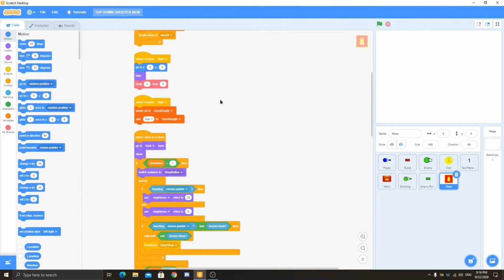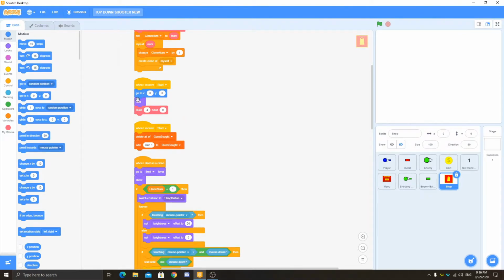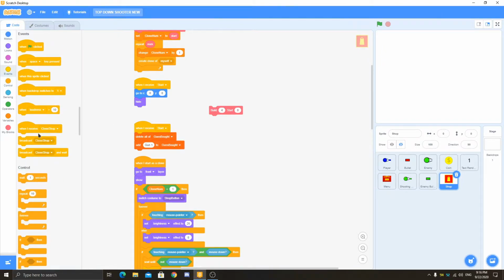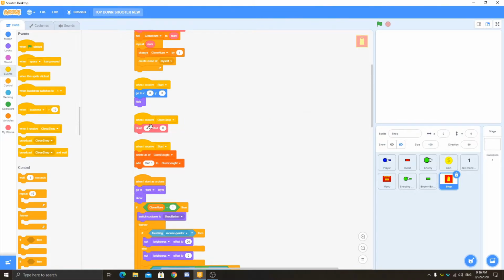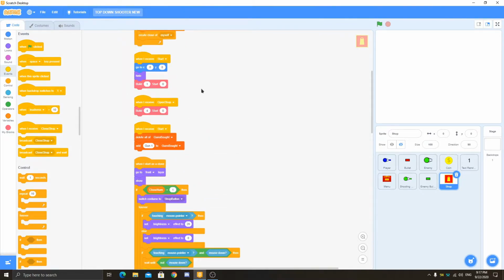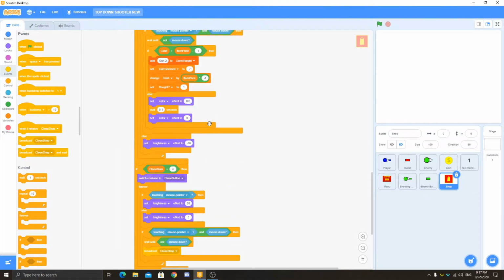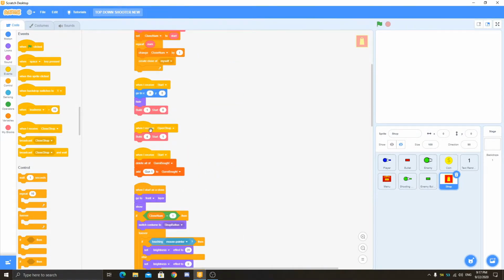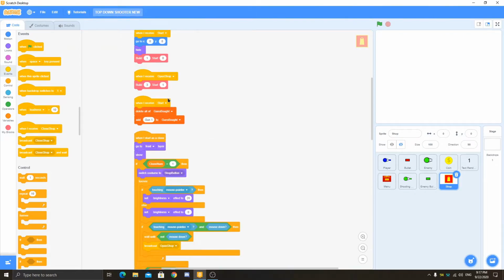So now what we're gonna do is, when I receive start, it will just create clones. Instead of this, we can just put here when I receive open shop, then it will build 4 clones and 0. And we also need to do this, like when I receive start, build 1, so this will build the shop button, and the other 4 will be after that, so we'll start from 1 here. And in total we have 4, so we can make 3, so total will be 3 plus 1, 4.